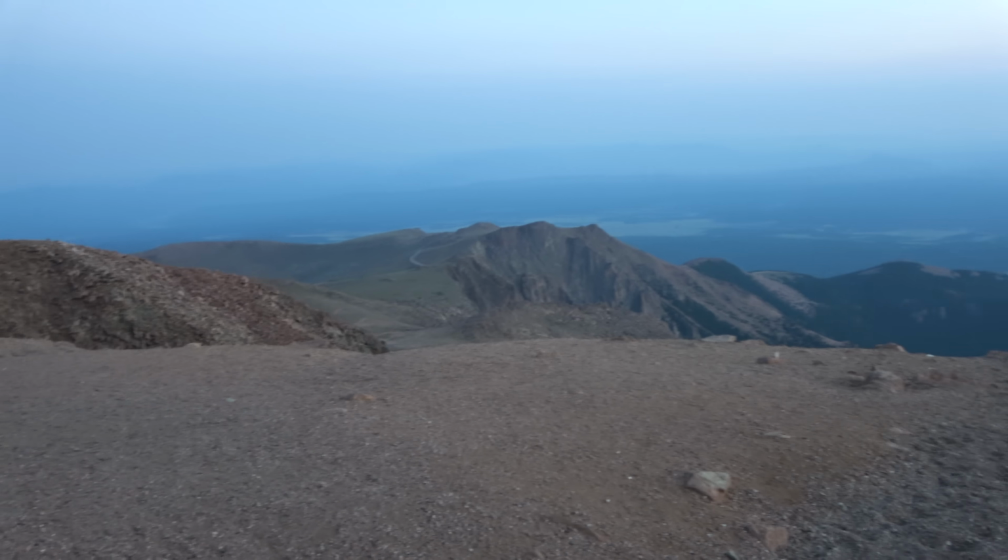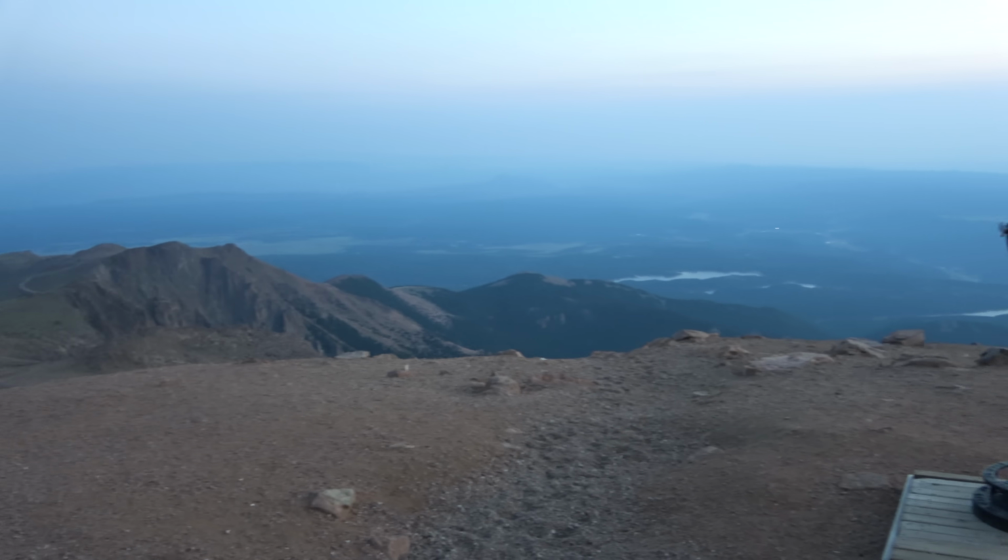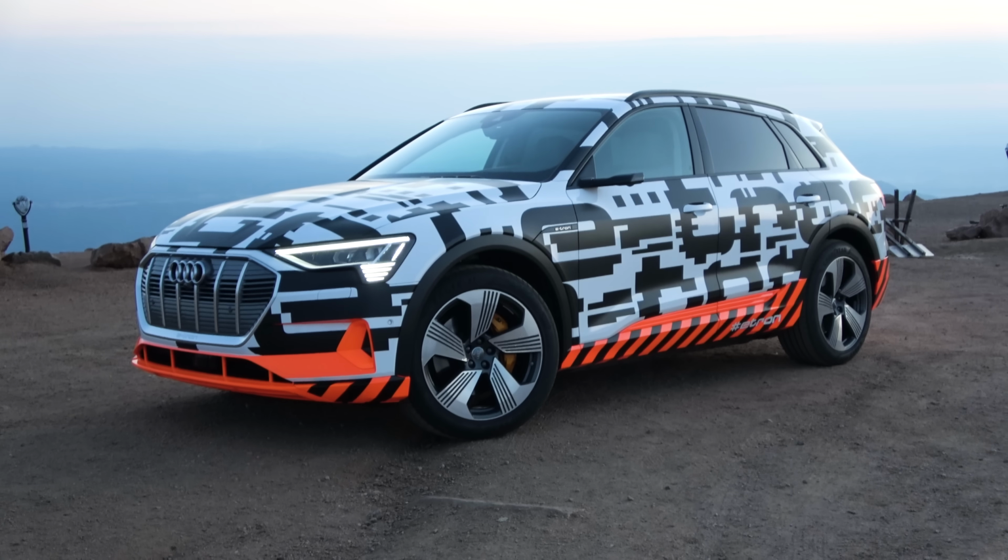Hello and welcome to the top of Pikes Peak in Colorado, USA. It's about 5:30 a.m. in the morning. I'm freezing cold, completely underdressed because I didn't realise it'd be this cold at around 4,500 metres above sea level. Go figure. Anyway, I'm here with the new Audi e-tron, and the idea is that normally people drive up